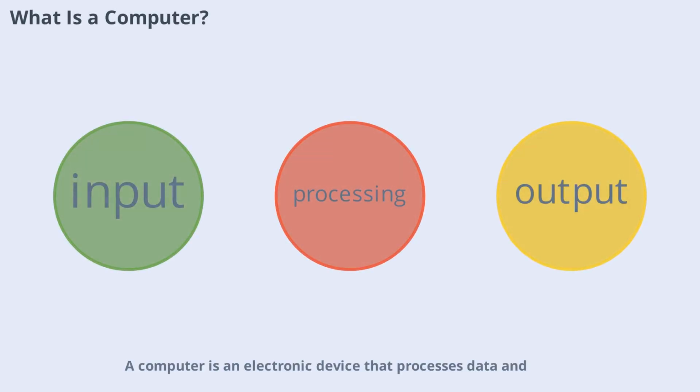A computer is an electronic device that processes data and performs tasks according to a set of instructions called programs. At its core, a computer takes input, processes it, and produces output. This simple cycle is the foundation of all computer operations. Understanding this helps you see why computers are so versatile, from writing documents to browsing the web. As we move forward, keep in mind that every function you use is built on this basic principle of input,